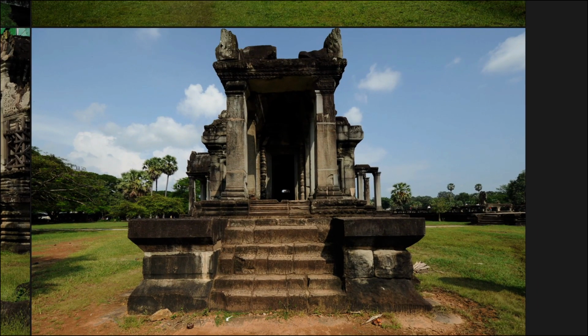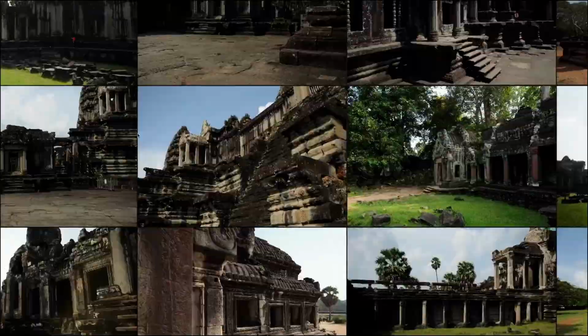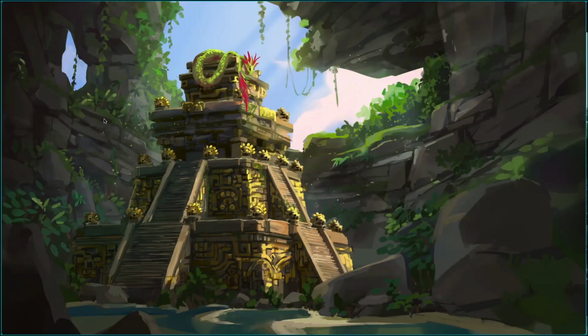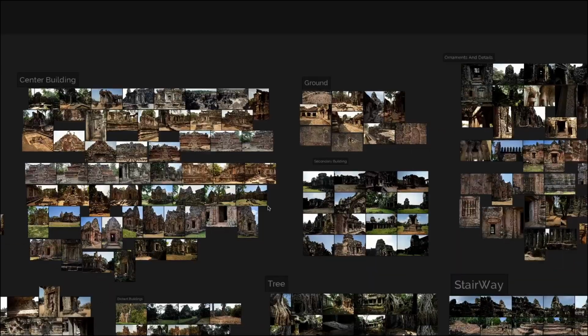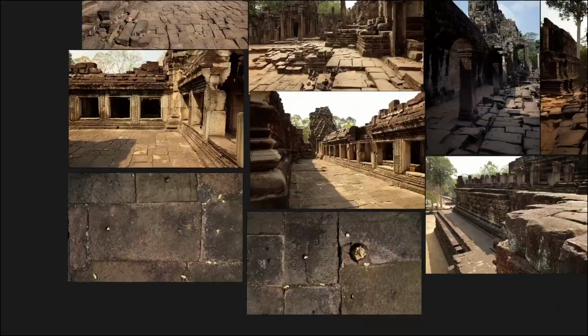We're not going to make this one super complex and super detailed, because this one is the main focus of the environment, and this one is going to be so far away from the player. Of course, the player is going to reach that, but we are not going to make that super detailed. We are going to make this one detailed, and because we are limited on time, you can go and explore the same ideas on that one. And as I said, in environment art, the most important thing is the thing that the player is going to see the most. And it doesn't actually make sense to detail out a far building that is not going to be seen anyway. So this is the secondary building, and of course there's going to be a lot of ground